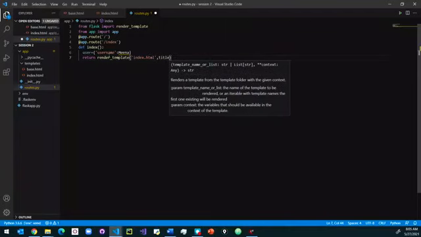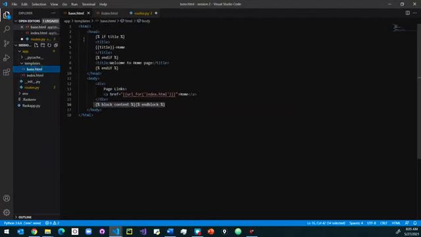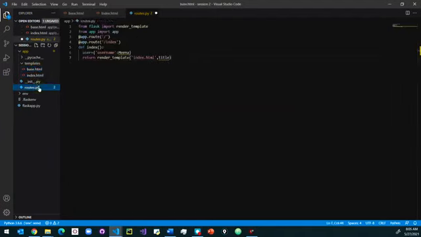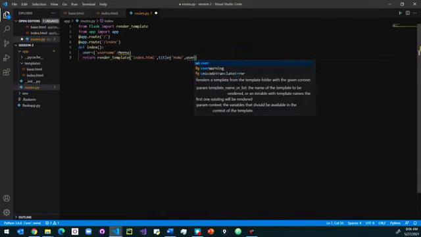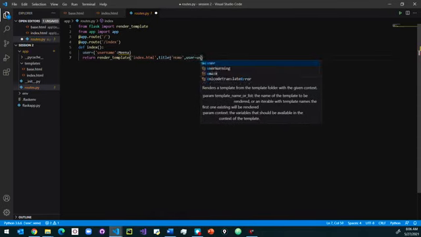And remember, if there is a title, then display the title, right? That's what we have given here. So let's pass some title to see how it works. We are just going to create a title called Home, and then user, which is the user that we are passing here as a mock object.